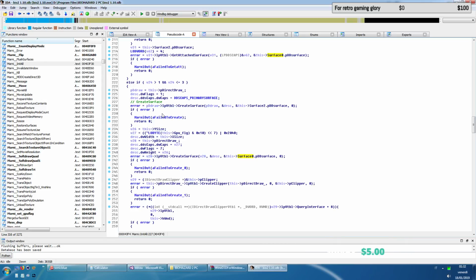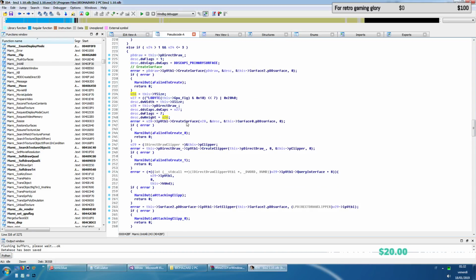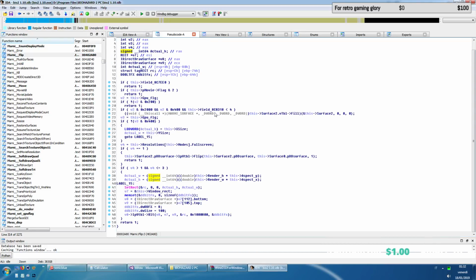I think there should be a, yeah, this is it. Basically what it does is it takes the resolution parameters from these two parameters here, X size and Y size, and it just creates a surface here. What I don't quite understand is if this actually works as intended,